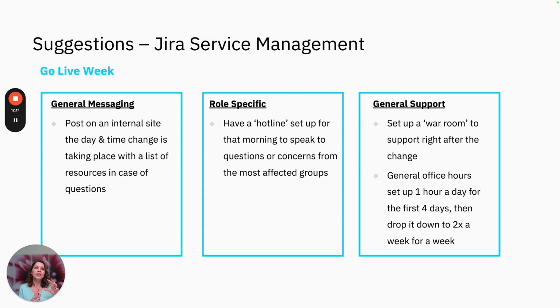Usually this is a tiered down sort of schedule, meaning the first day you might have office hours for a couple of hours, the second day you might have it for a half hour, the third day you may or may not have them depending on user feedback, the next week you may hold 2. It really depends on how big the change was and what the user experience is like afterwards.